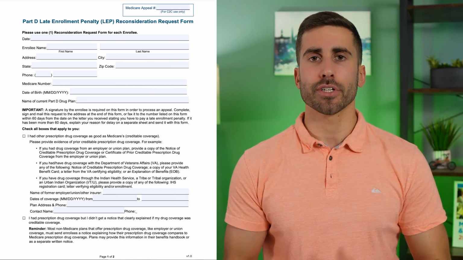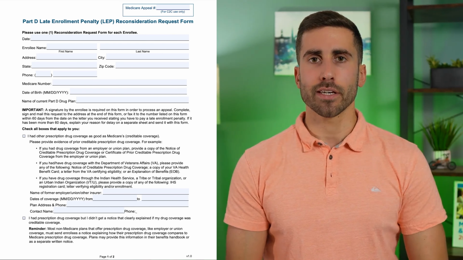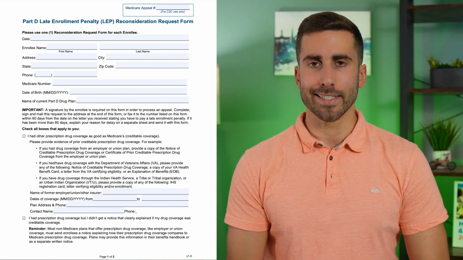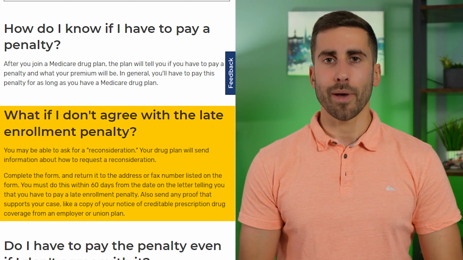Now, if you don't complete this form when it's requested, or if you are assessed a Part D penalty, you can request a reconsideration from your plan provider. But if they uphold their decision and they do determine you should have a penalty, your insurance company will notify you in writing that you are receiving a Part D penalty, and they will include a Part D late enrollment penalty reconsideration request form. Again, if you have had creditable coverage and you feel you are being wrongly assessed a penalty, you should complete this form, except now it is sent to a Medicare contracted independent review entity. Currently, this company is called C2C Innovative Solutions. Typically, you will have 60 days from the date on the letter saying you're being charged a penalty to submit